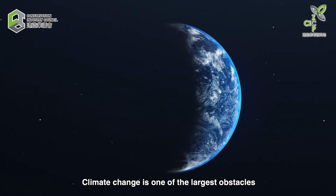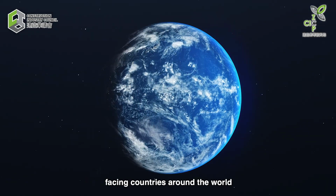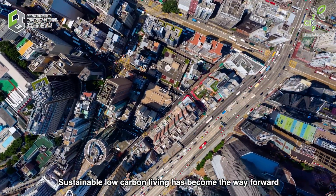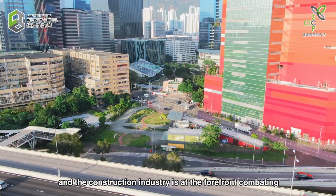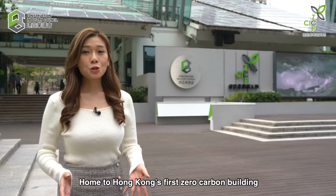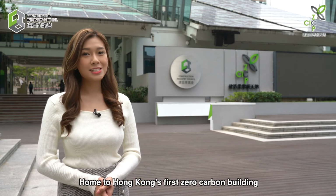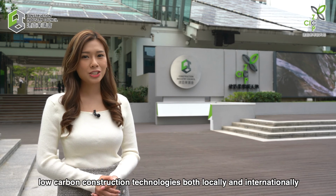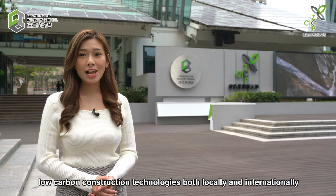Climate change is one of the largest obstacles facing countries around the world. Sustainable, low-carbon living has become the way forward, and the construction industry is at the forefront combating the global warming crisis. Home to Hong Kong's first zero-carbon building, CIC-ZCP showcases the latest in advanced low-carbon construction technologies, both locally and